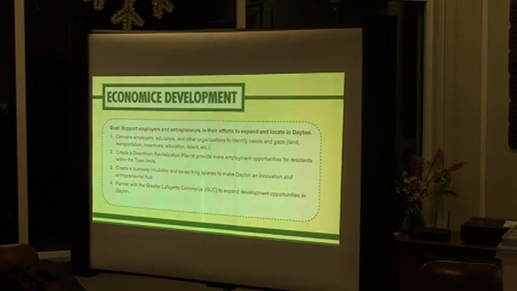So plan element 5, economic development, or as the slide says, eco-nice development? Maybe it's blended together, French, right? I don't know. Support employers and entrepreneurs in their efforts to expand and locate in Dayton. So this is, again, if you recall on the survey work, that the business employment climate was something people were kind of assuming was a non-issue internally to Dayton. However, for those that you want to do that with,